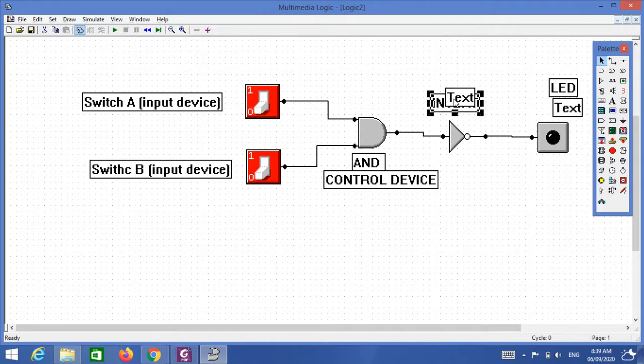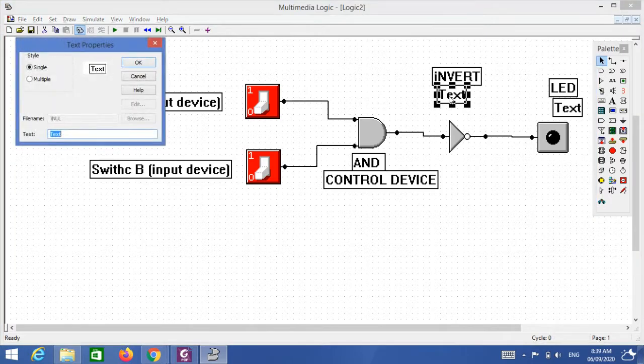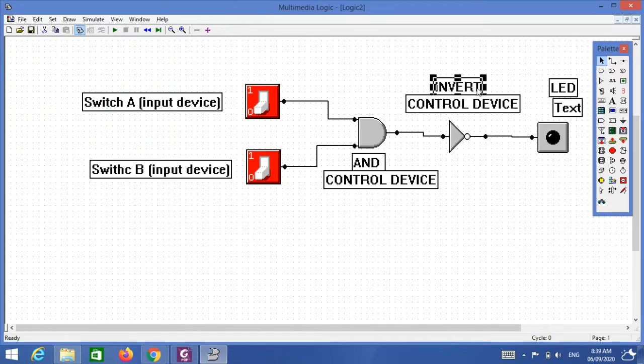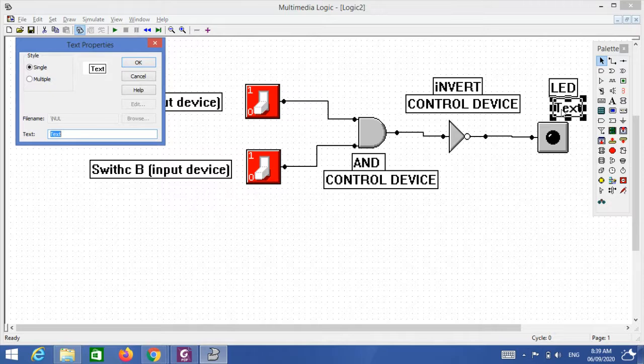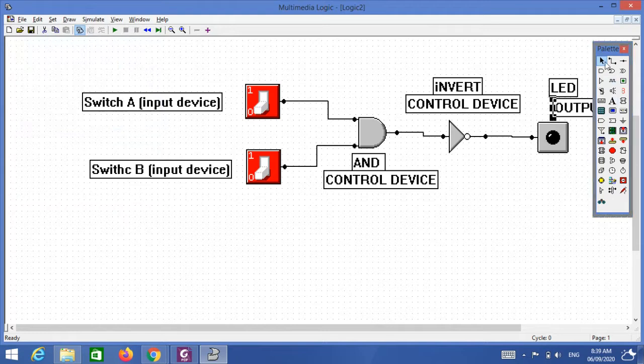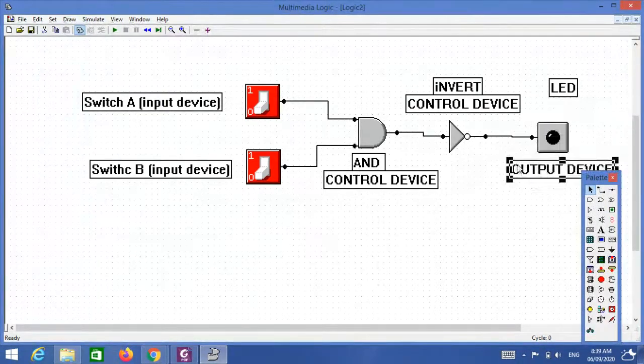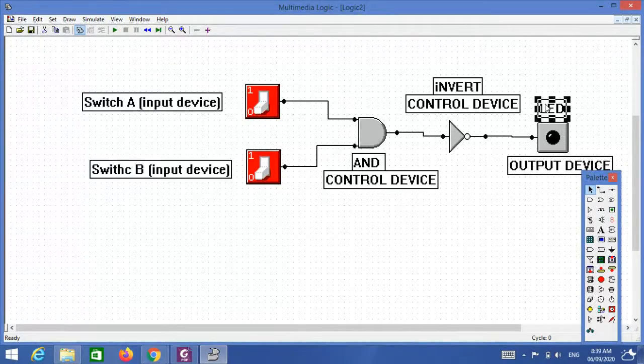And this is inverter. This is also control device. And LED is an output device.